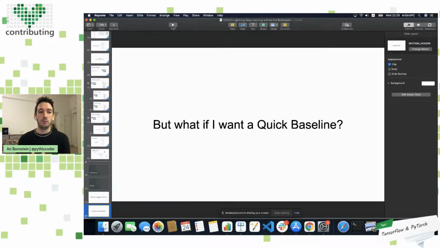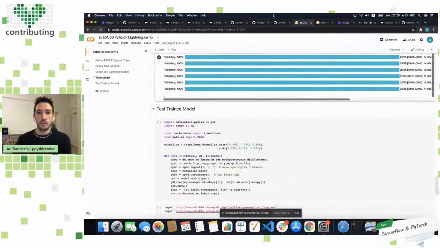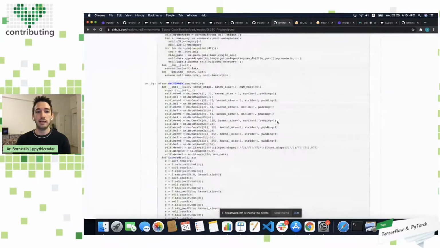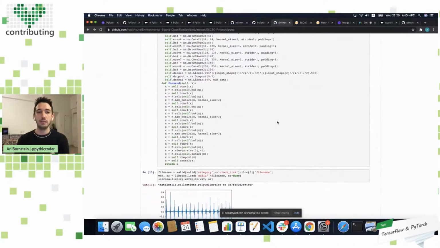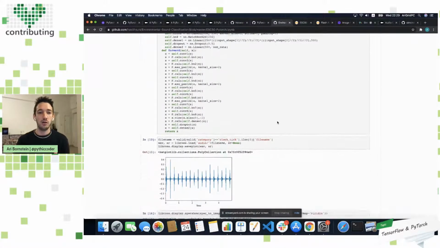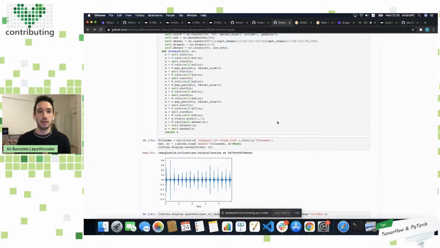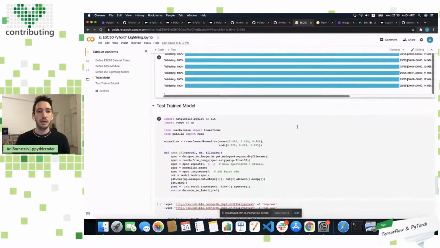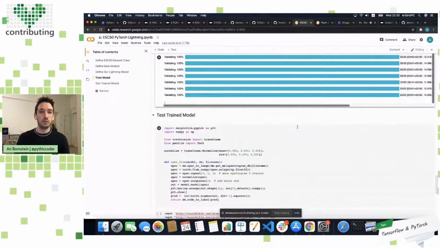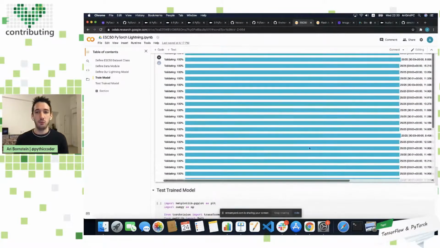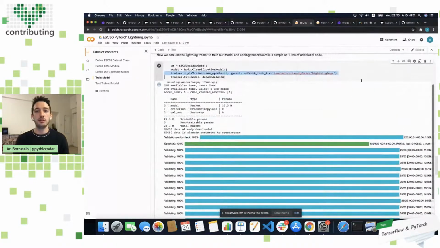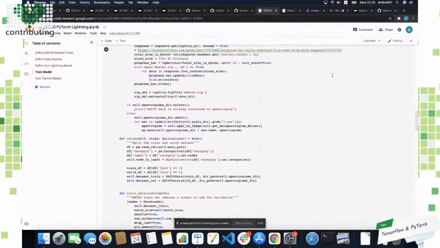So one of the challenges that I had when I went and refactored this code is I had this model. I had some code here that was actually pretty cleanly maintained, but it was very hard for me if I wanted to take this code and train it on multiple GPUs. I couldn't. It would have meant that I had to refactor and add a lot of complexity into this code base. So I refactored it into PyTorch Lightning, and now it becomes really easy for me to do distributed training, to run this on TPUs, to take advantage of whatever I want. But still, there was some overhead for me. I had to convert this over.